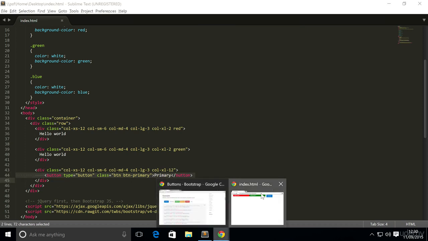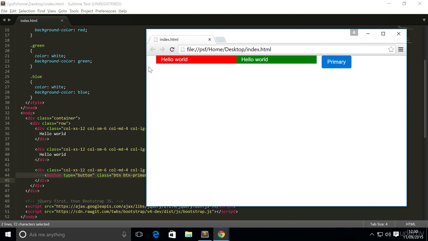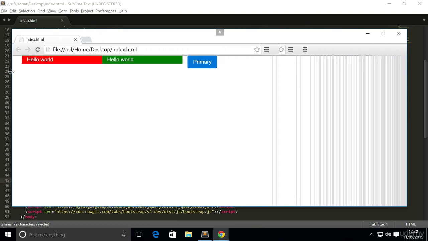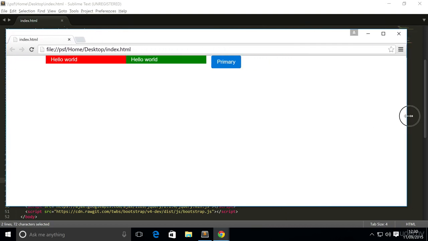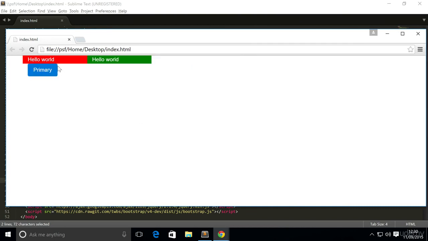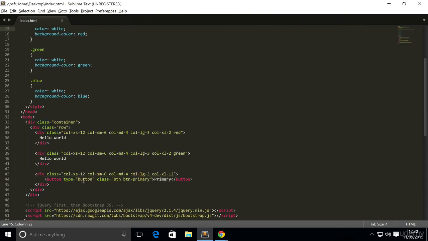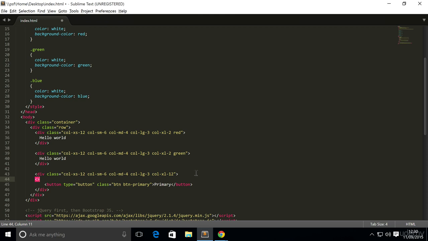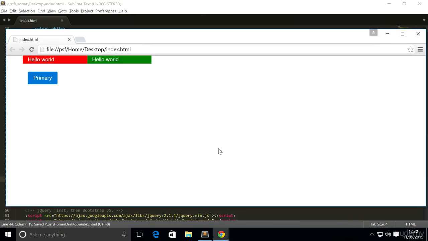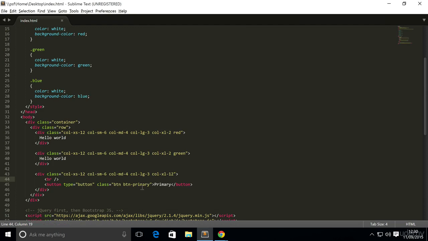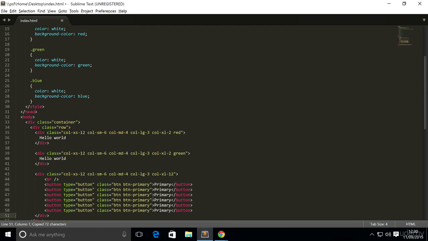Actually, you know what? I'm going to increase it so it hits the extra large screen size, so it's on a separate line. Also I'm going to add a new line so there's a bit of a gap. It's just so it looks a lot better. So I'm going to copy and paste this, so there are 6 instances of these, and show you all the